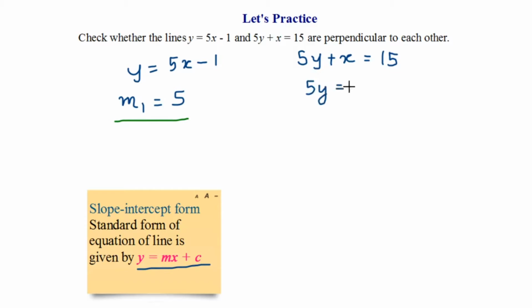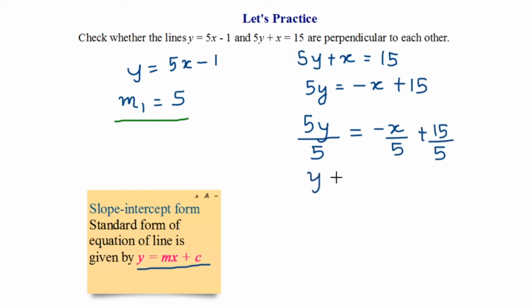So 5y = -x + 15. I need to get the coefficient of y as 1. So I'll divide by 5. So 5y by 5 is equal to -x upon 5 + 15 upon 5. Hence, y = -x/5 + 3. Now, what is the gradient of this line? The gradient of this line, let that be m2, is the coefficient of x, which is -1 upon 5,